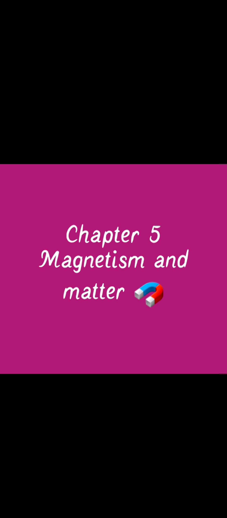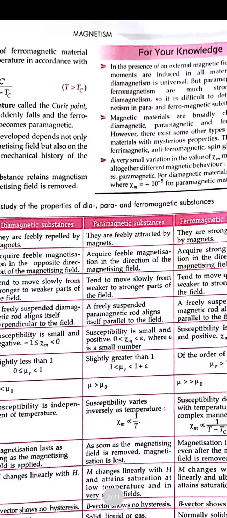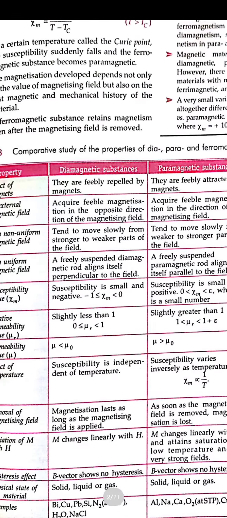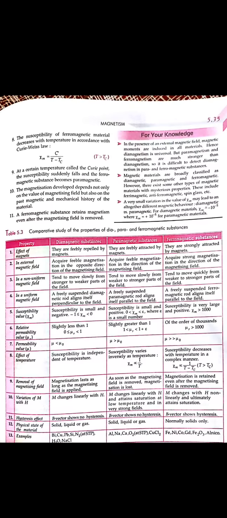In the previous session, we were going through the chapter Magnetism and Matter. We have completed a few topics. Today, we are going to learn what the hysteresis loop is. Before that, we have seen that there are different substances which can be called magnetic materials according to the strength of their magnetization, right?